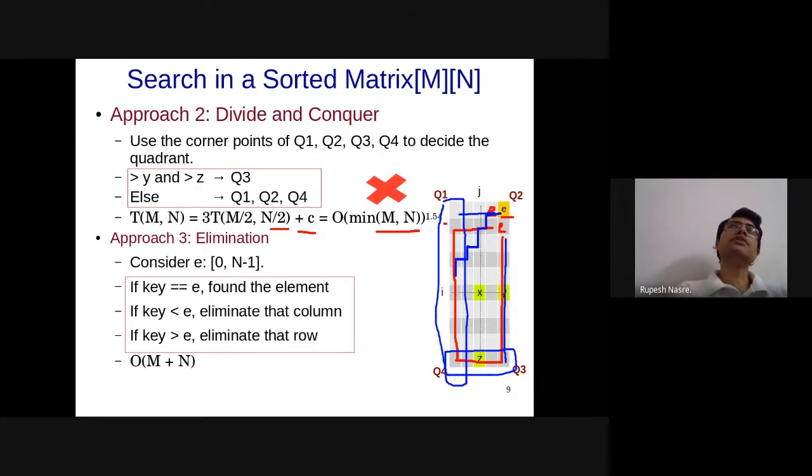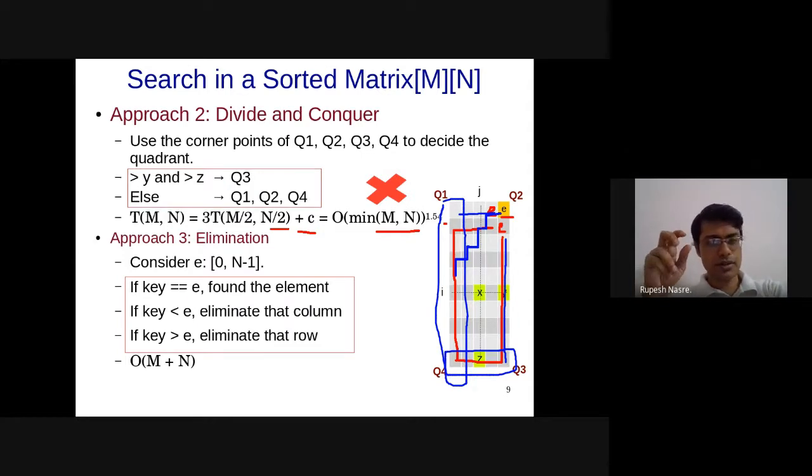The order won't change. Oh, right. Well, the order will slightly change. I mean, you will still be able to say that it is the maximum of these two. That is correct. You will still require the maximum of this. If you take the final complexity, it will still be linear. You are right. It will change only the second part of the complexity, which is smaller than the maximum of m, n. That is correct.